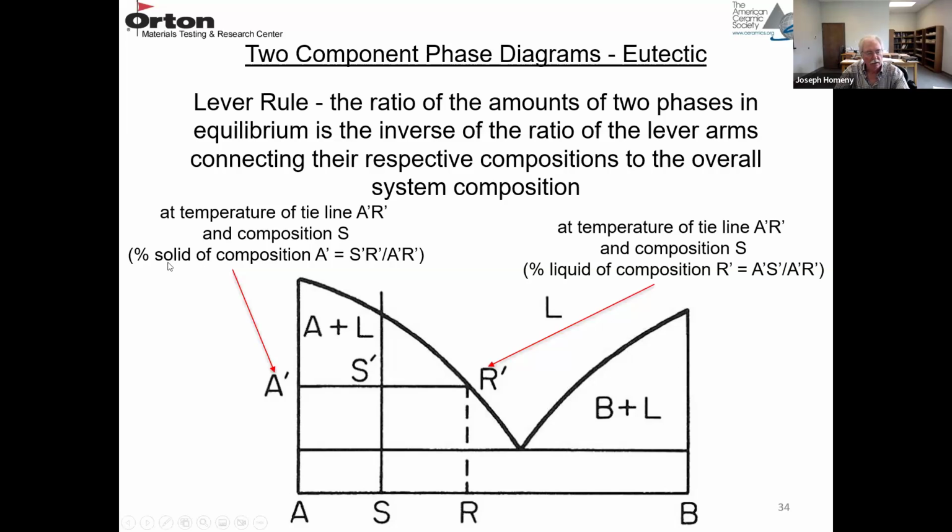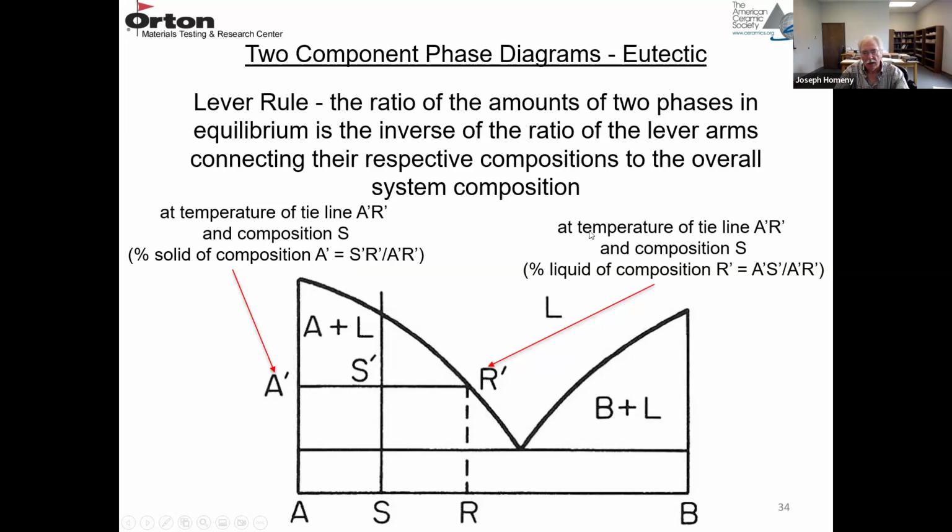So the percent solid of composition A prime just equals this ratio, S prime, R prime over A prime, R prime. So the solid composition is that ratio. So this tie line is opposite the solid composition A. So it's that tie line, S prime, R prime, over the entire tie line, A prime, R prime. So that's the composition of A in percent. And then